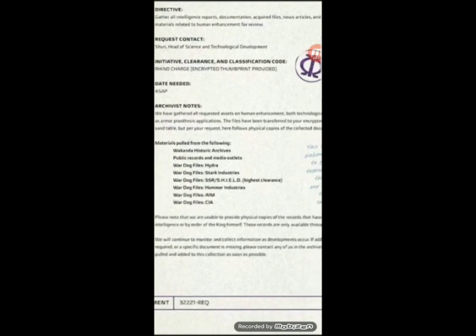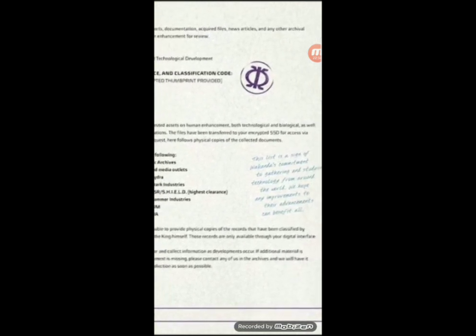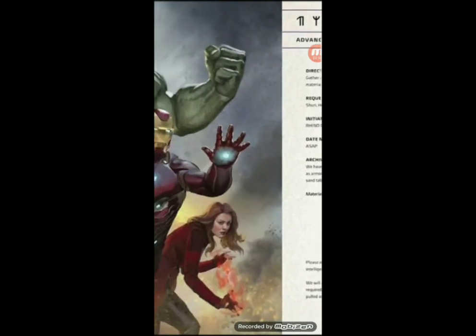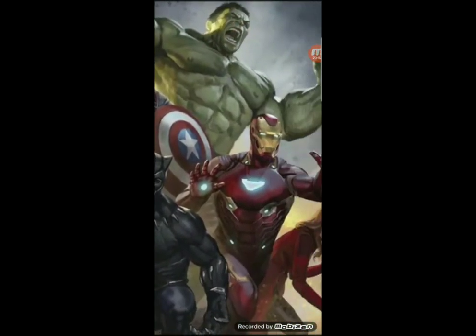Please note that we are unable to provide physical copies of the records that have been classified by intelligence or by order of the king himself. Those records are only available through your digital interface. So I don't know what they're talking about here. We have this cool picture of the Avengers over here. This is